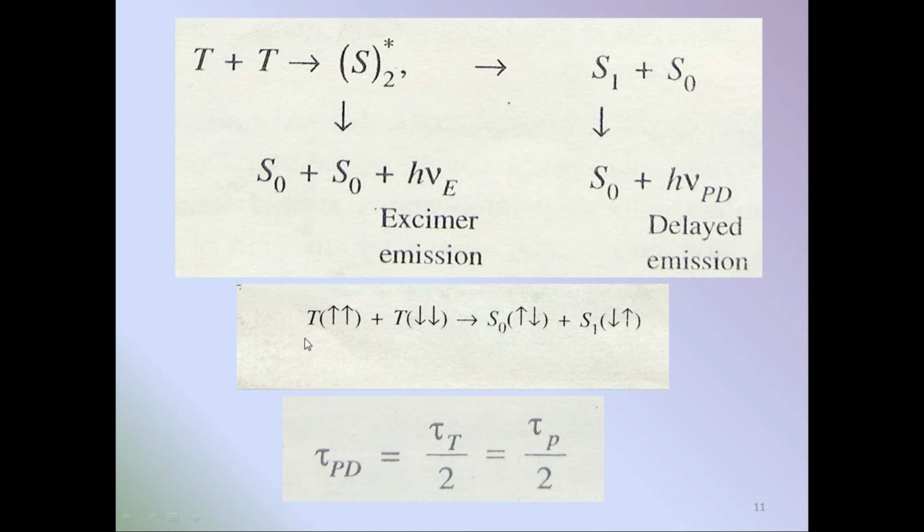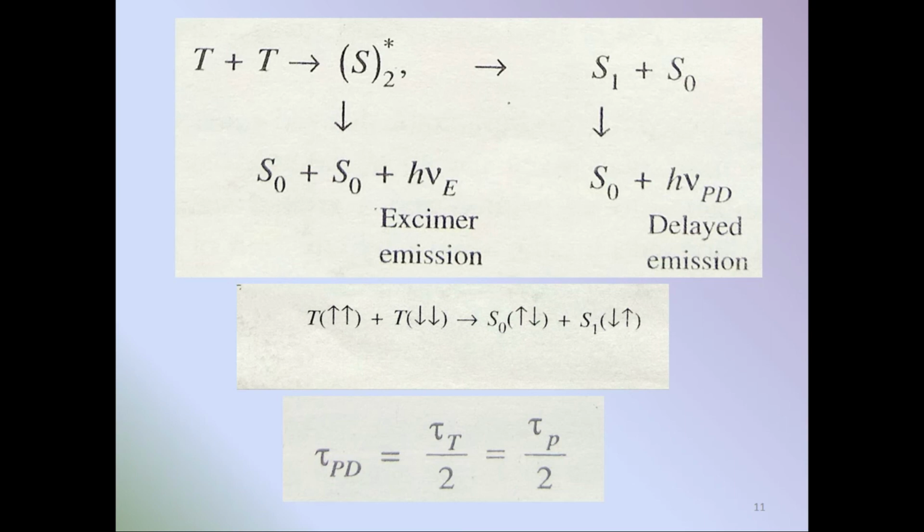The formation of excited and ground state singlets from two triplets is a spin allowed exchange, as shown in the next equation. The decay constant is determined using the triplet state lifetime, that is, the lifetime of P-type delayed fluorescence is equal to the triplet lifetime divided by 2, which is tau_P upon 2. The intensity of P-type delayed fluorescence decreases with the viscosity of the medium. So this is the information related to P-type delayed fluorescence.